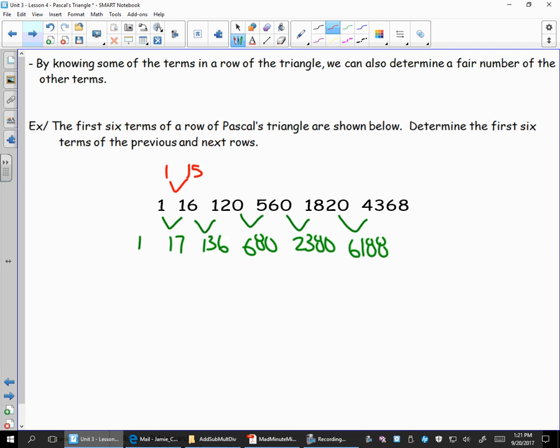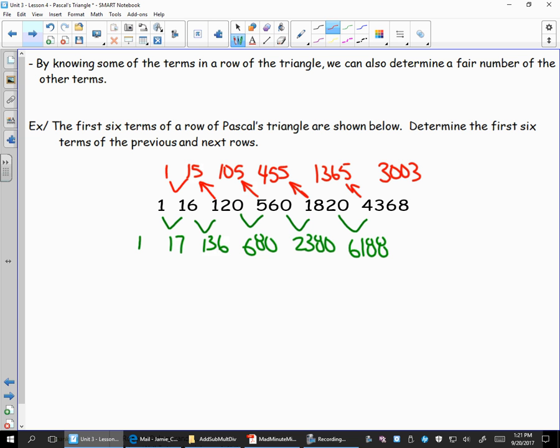15 plus what makes 120? So I can think of it that way, or I can think, oh, I subtract this, I'm left with this. Subtract this, I'm left with this. Subtract this, I'm left with this. And subtract this, I'm left with this. Okay, so I can quickly figure out some terms and patterns, and depending on which part of the